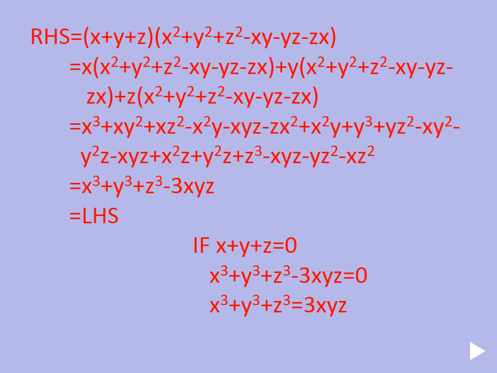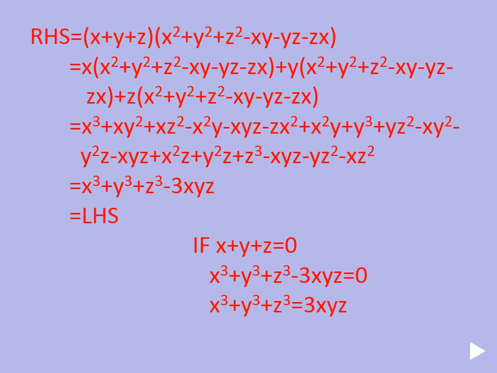So if you check all the terms, you will get only 4 terms. The remaining all terms will get cancelled. Check that xy square is there, then minus x square y will be there. So check that one. My xy square is there, minus xy square. After yz square you can see the term xy square minus xy square. Similarly each term will get cancelled. Just cross check everything. Now xz square is the last term you check, minus xz square is there. Like that each term will get cancelled.